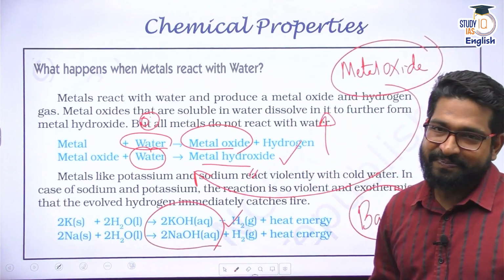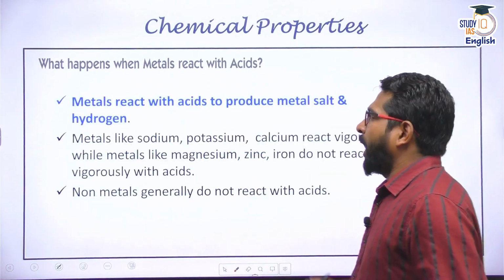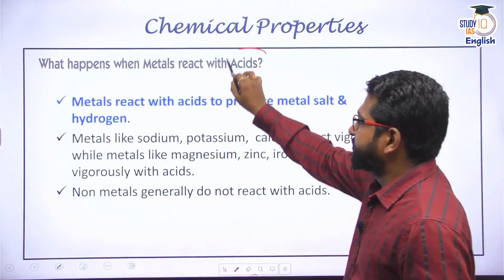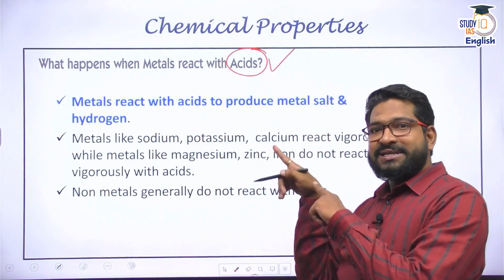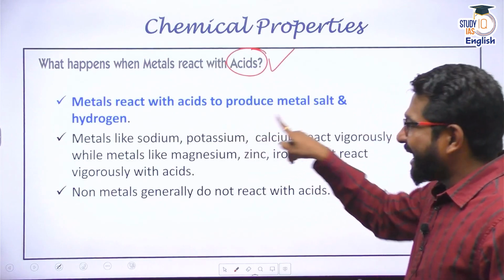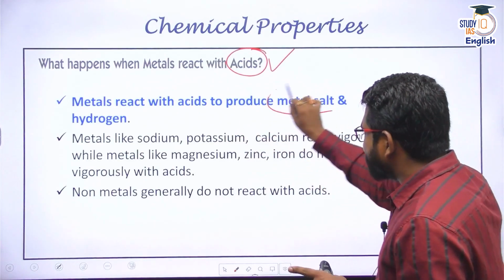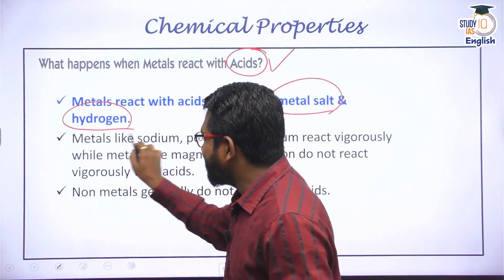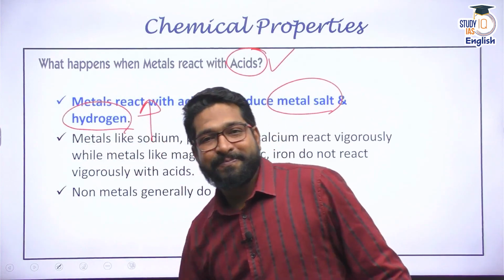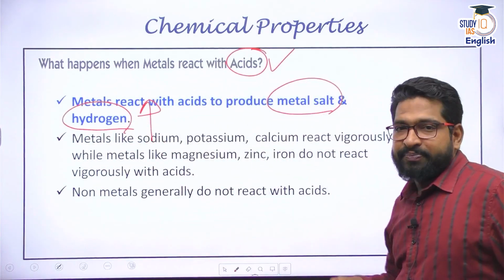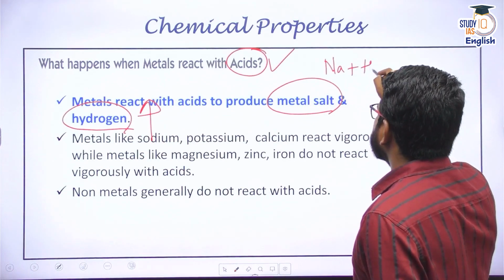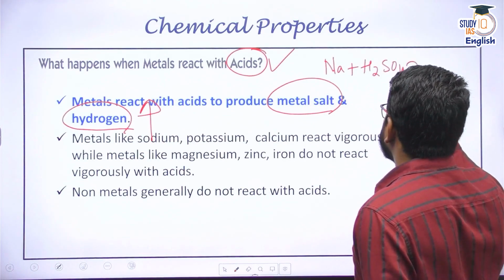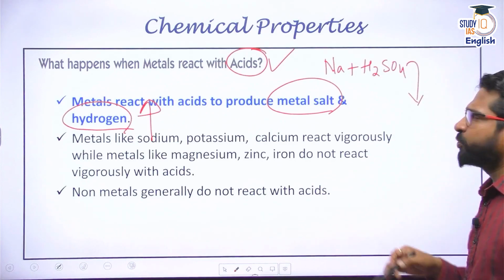Next, how do metals react with acids? Now we have already discussed this when we spoke about acids and bases. When metal reacts with acid, they produce a metal salt and they also release hydrogen gas. Right? Now, for example, let's take sodium. Sodium plus sulfuric acid. Now what is going to happen? The product would be,